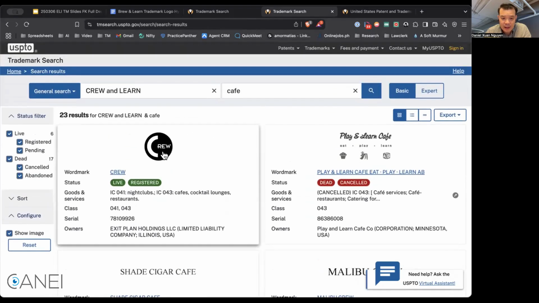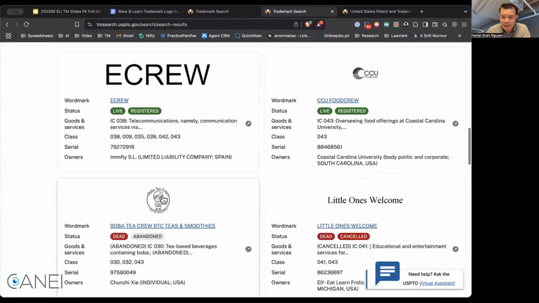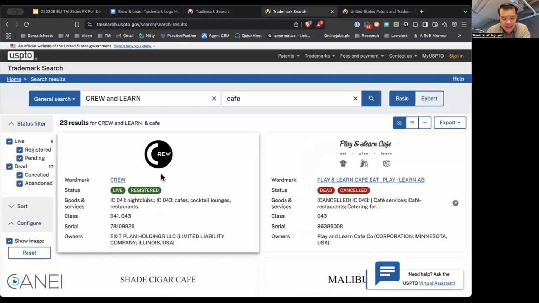Okay, so this is a concern here. If you hired an attorney to do a comprehensive search, they might do a deeper analysis of similarity and confusion, and maybe see how strongly they are enforcing their trademarks. Some trademark owners will go after potential applicants very rigorously and stop them from registering. It happened to one of my clients. So that is one thing to consider. But let's continue forward.